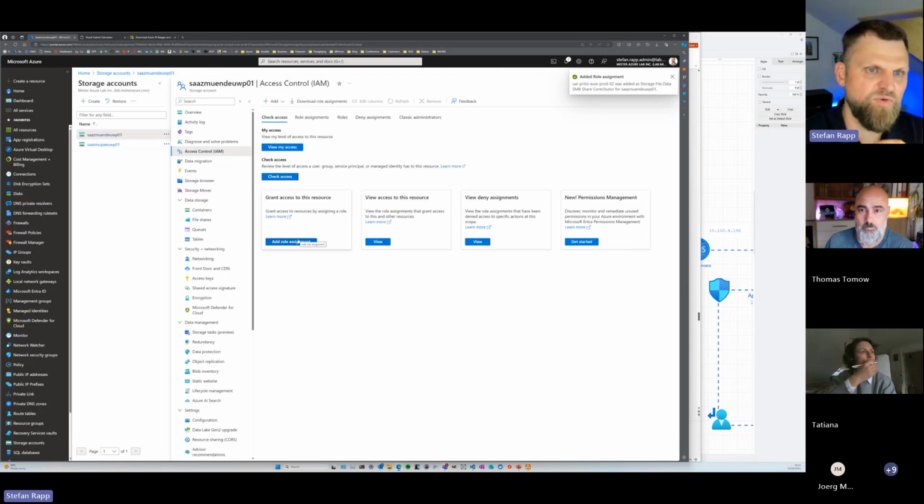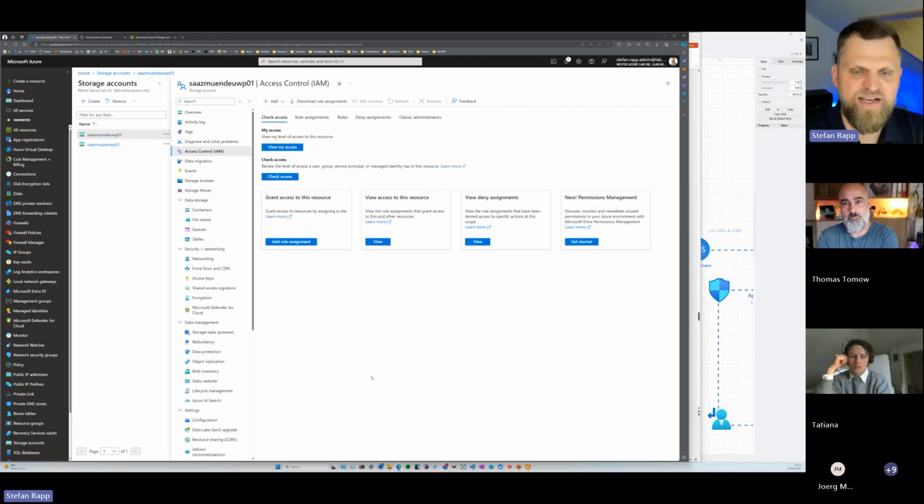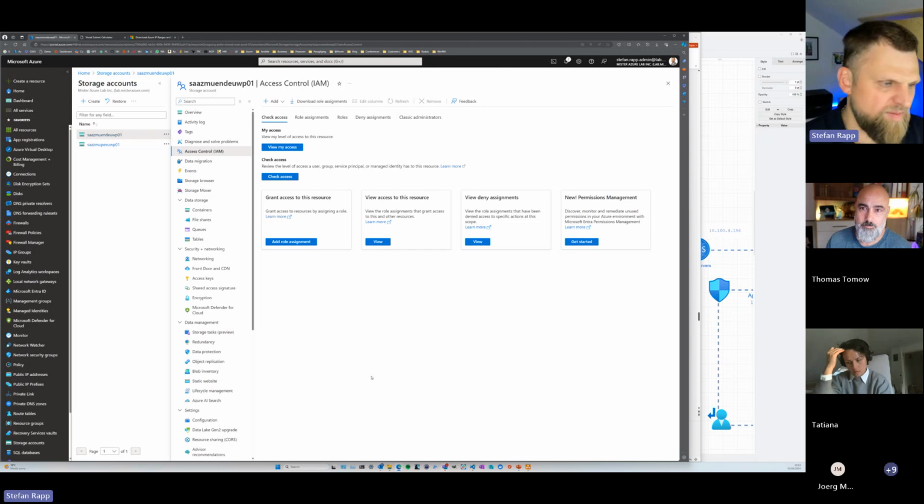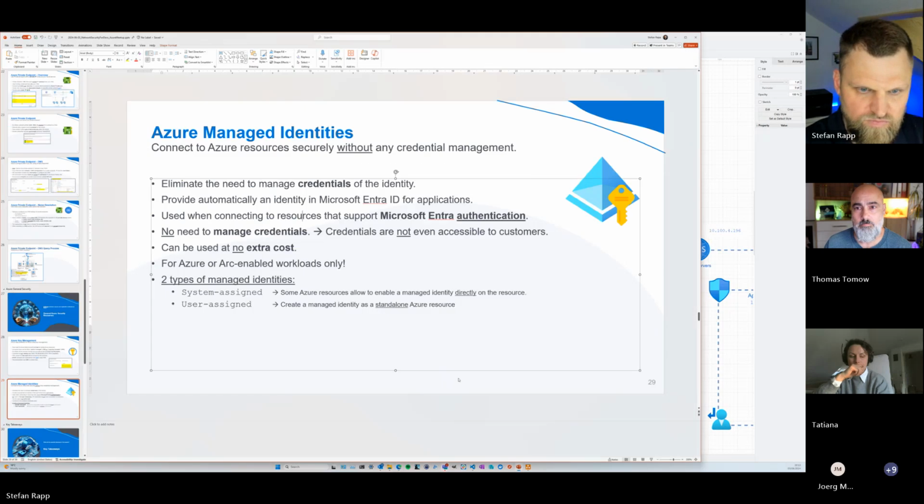Same behavior would be if you, for example, give the managed identity access to a database or Azure SQL database. Working with managed identities makes it quite easy, especially if your application runs in the context of a managed identity. You can give them access to a key vault, to a web application, to Azure Web App, whatever. You name it. And we have two types: system-assigned identity for the lazy ones, or you really create what we did, a user-assigned identity, because also some Azure resources